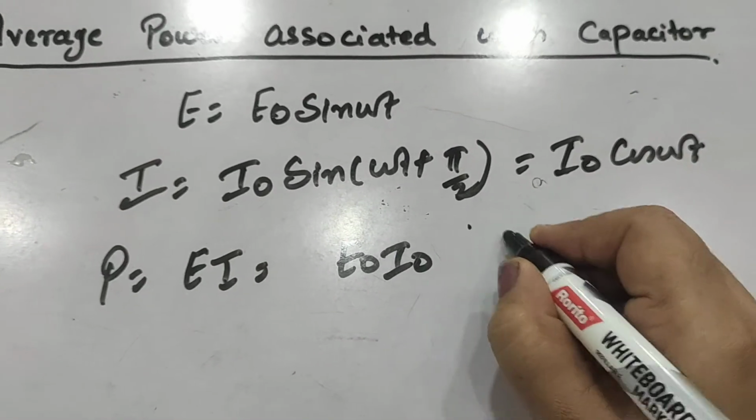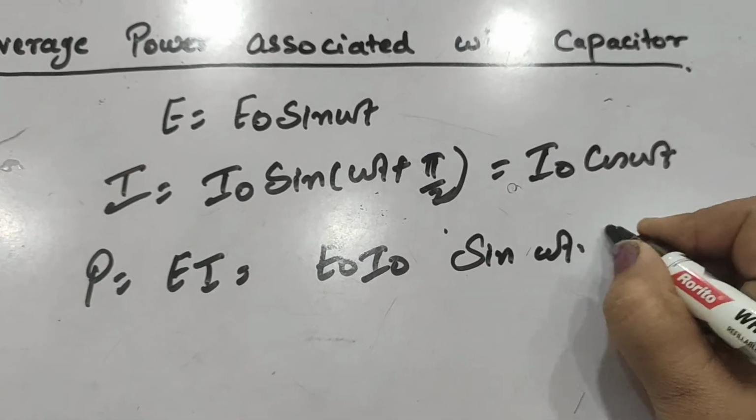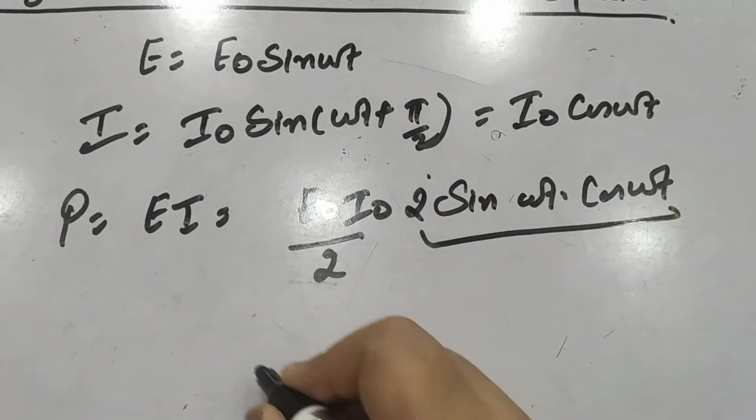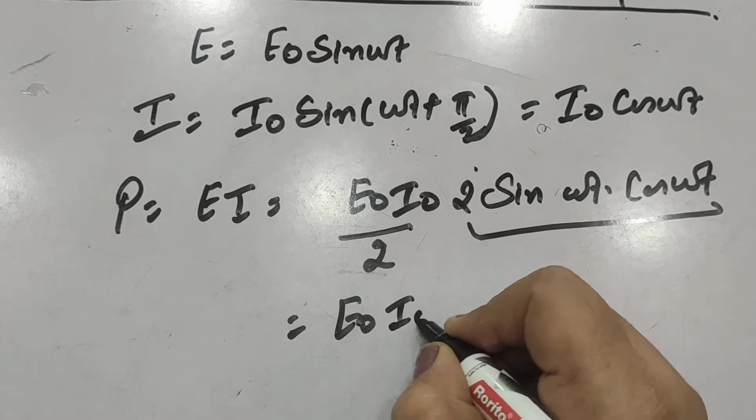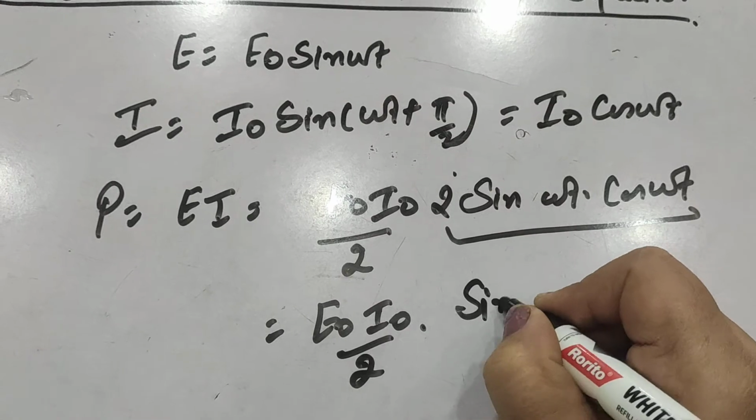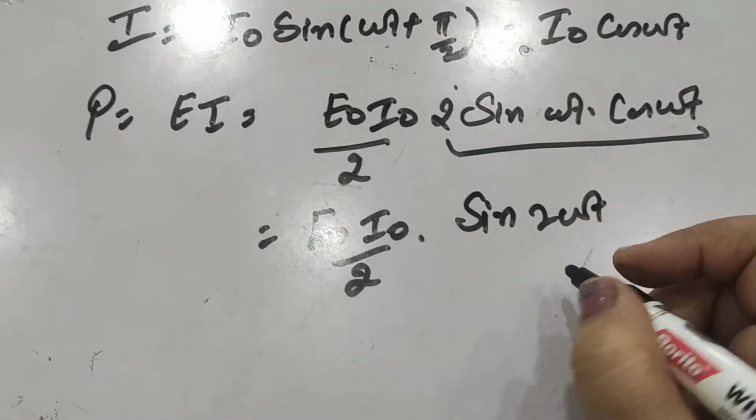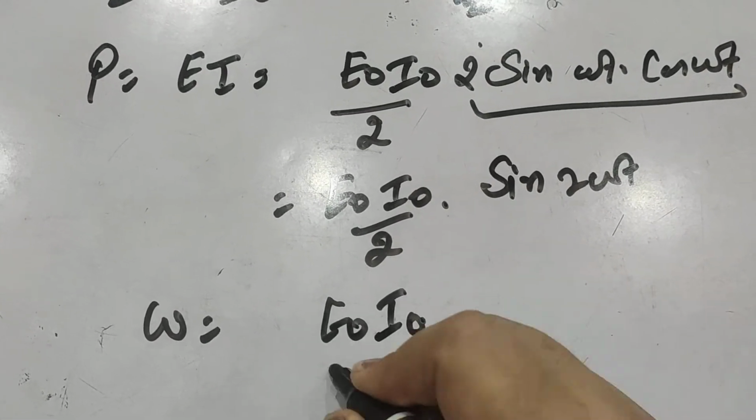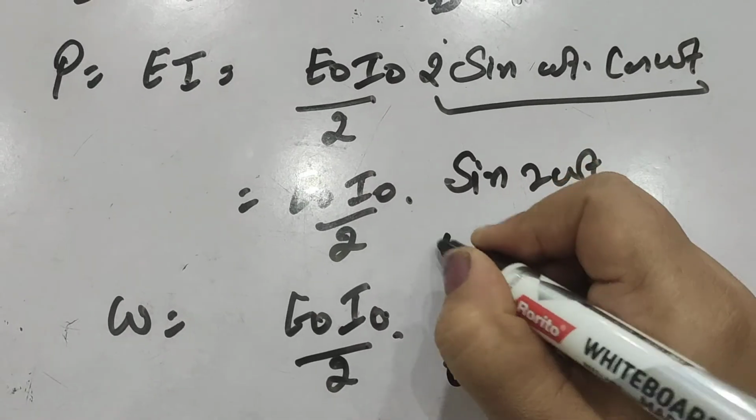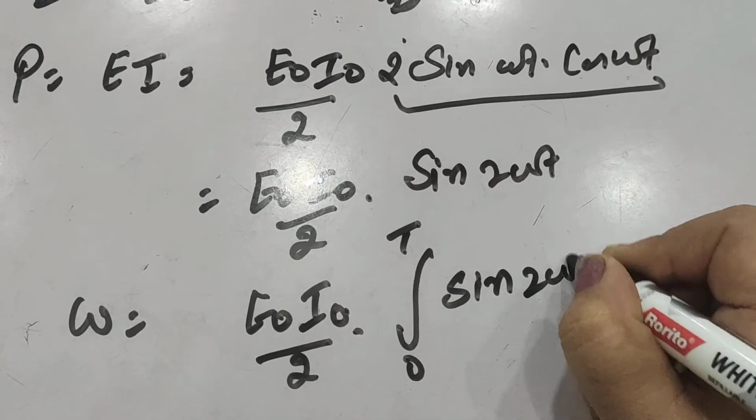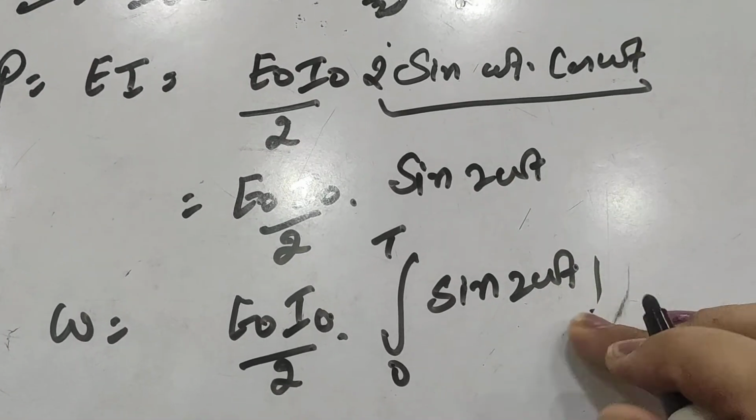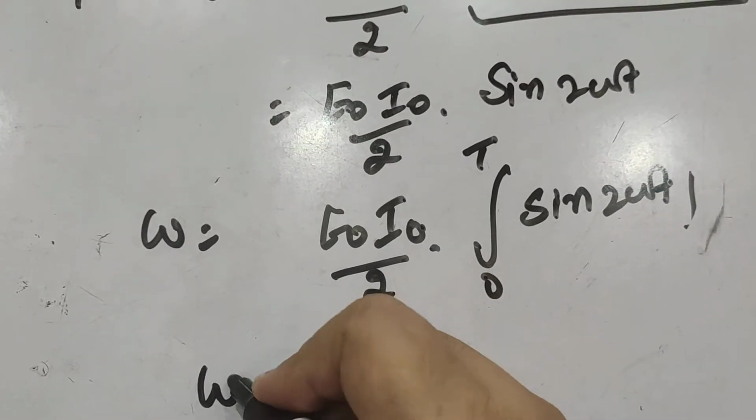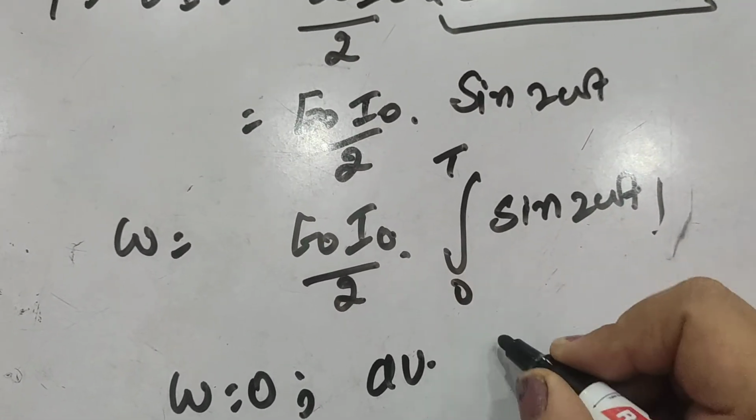So this is sine of omega t into cos of omega t, multiply and divide by 2, this will become sine of 2 omega t. So this is E naught I naught by 2, sine of 2 omega t. Now the work done can be calculated by integrating this. This is E naught I naught by 2, integration 0 to t, sine 2 omega t. We have already proved that integration of sine 2 omega t is equal to 0 in our previous video. So accordingly the work done is 0, or we can say that average power